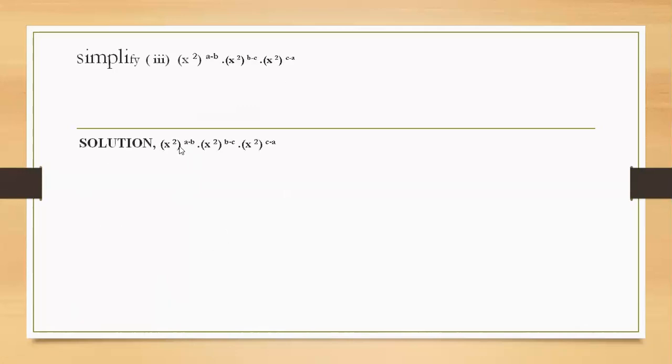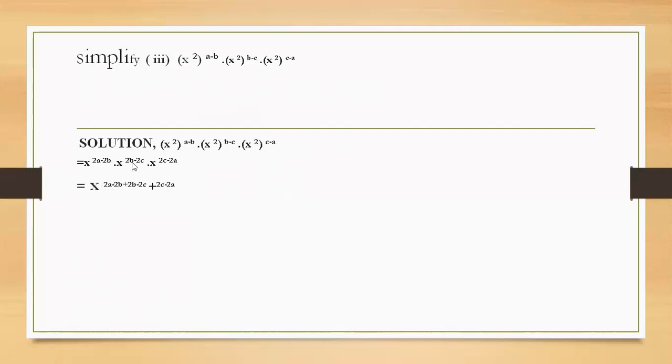And here, according to the laws of indices, power and its power, whole power: this power 2 and this power minus a minus b, these two powers will be multiplied in each one. When you open that 2 into a, 2a, 2 into b, 2b, then his minus sign also will come like this for all of them. This power and whole power will be multiplied. And write only one x, and we have to add the powers.